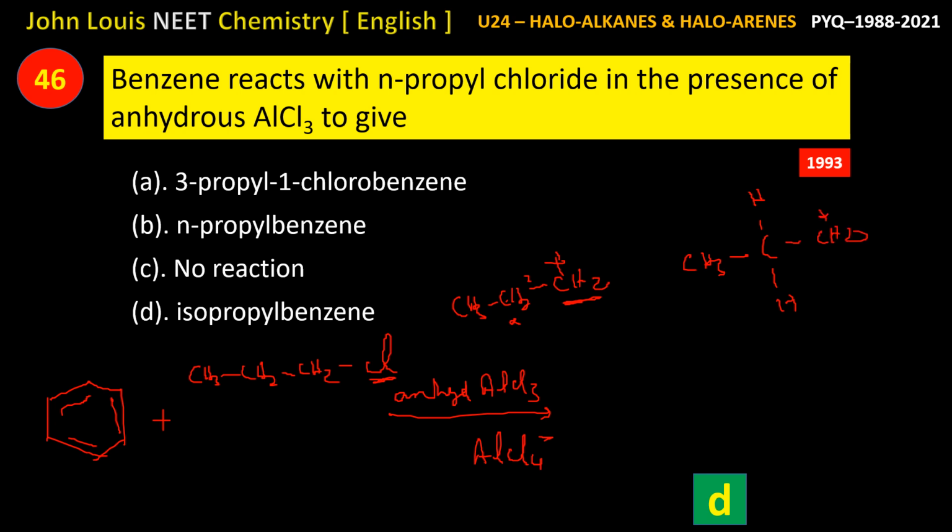This is positive, so the electrons will move towards this positive carbon, and a hydrogen will be shifted here. Thereby it becomes CH3, CH, CH3, and this carbon becomes positive. Now this is a secondary carbocation, because this carbon has only 1 hydrogen. Secondary carbocation is more stable than primary carbocation. That is why this shift takes place. Now this electrophile